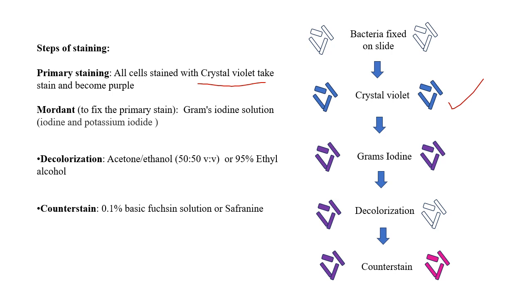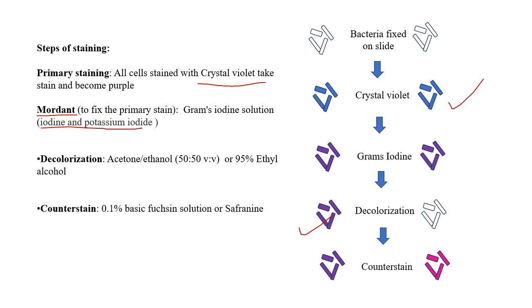Next, we use a mordant, that is an iodine and potassium iodide solution. When we flood the smear with this Gram's iodine solution, it gets inside the cell and crystal violet binds with this iodine solution, and it fixes the stain inside the cell. It means bacteria will now be able to hold it properly, and it will not wash away in the case of gram positive